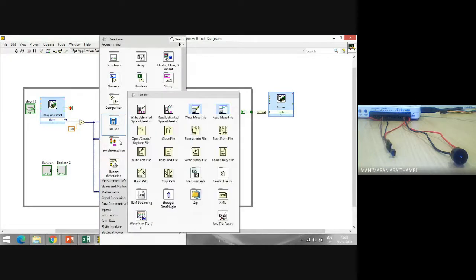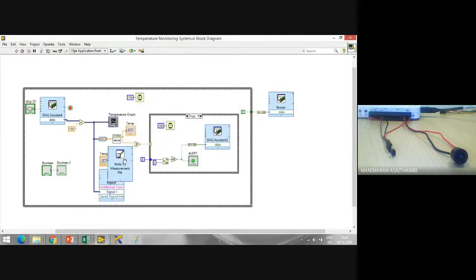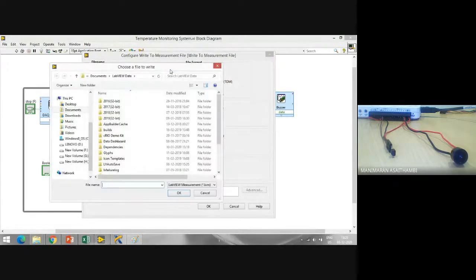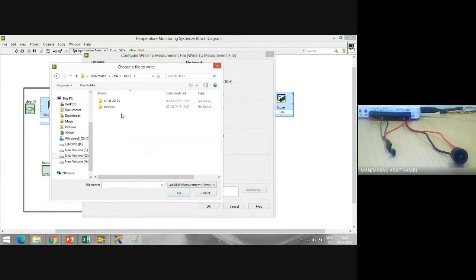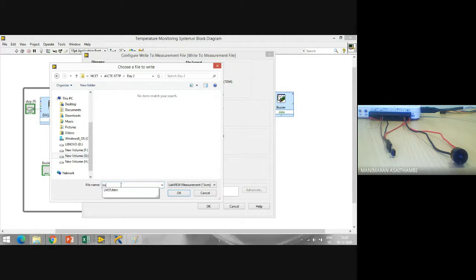For example, file I/O, write to a measurement file. I'll choose the folder where I'm saving my codes. Temperature for LM35, I'll save it as LM35.